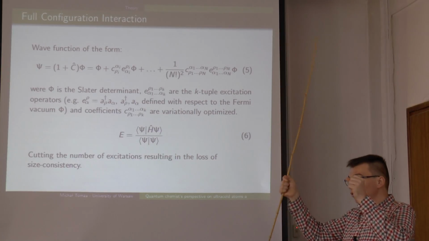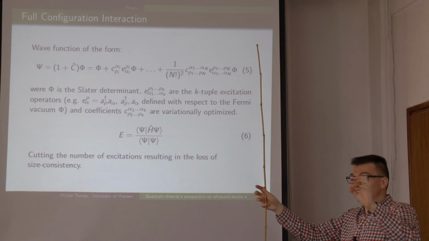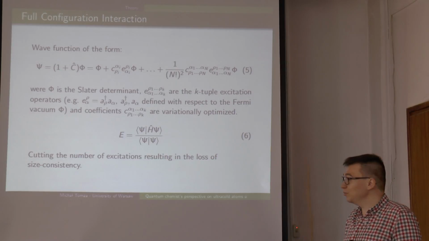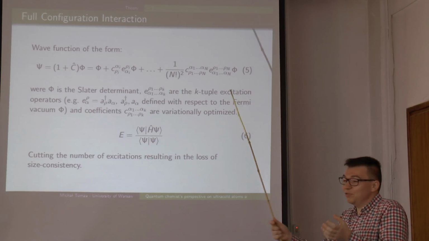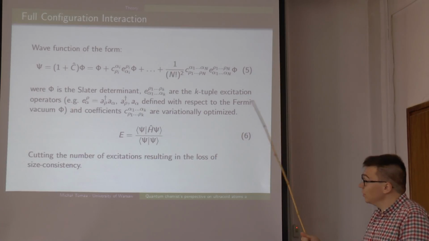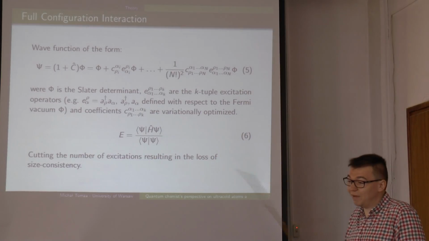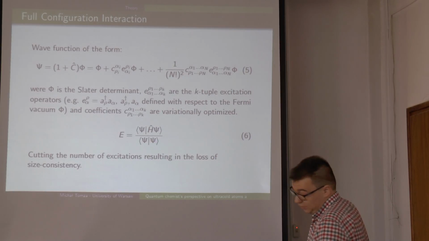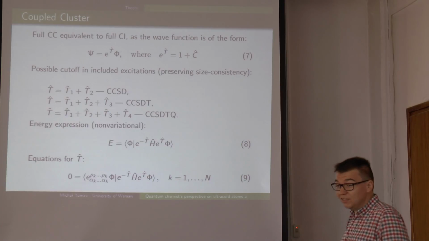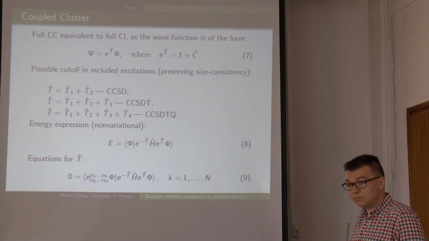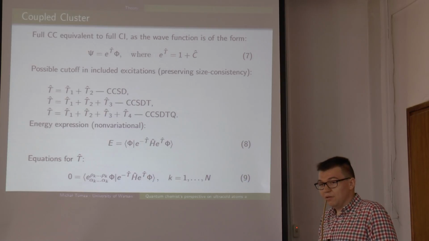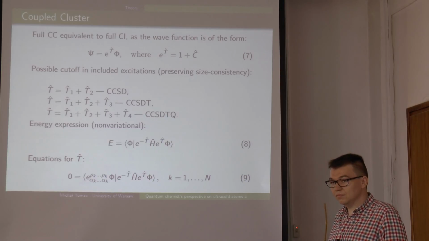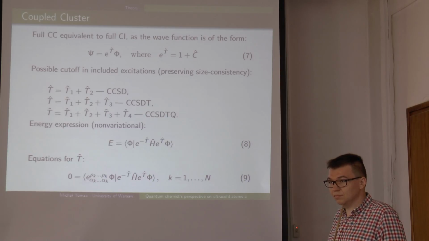So it means that if you take two systems that are not interacting with each other, but you apply this machinery, then the energy of the two systems is not the sum of the energies of these two systems. This can be problematic if, for example, you are interested in the interaction between two systems, or you want to investigate different parts of the systems at the same time. This should be cured easily by assuming that every Slater determinant has a block diagonal form, namely that there's a block of the left and a block of the right part of the system.